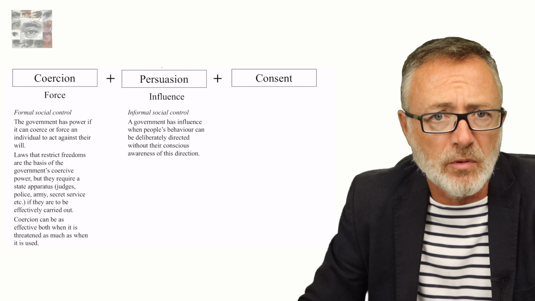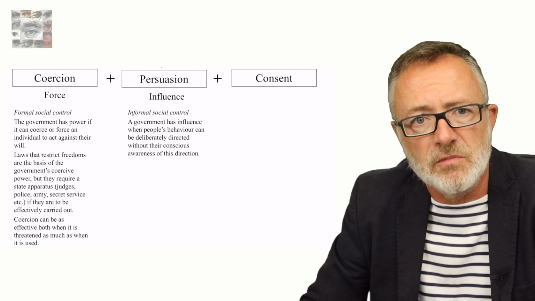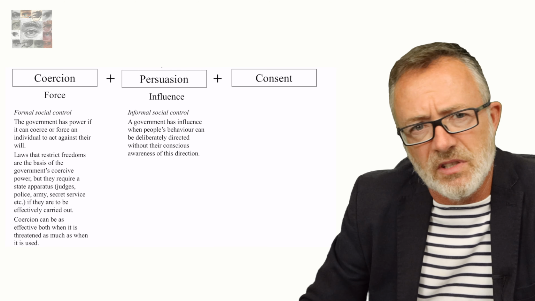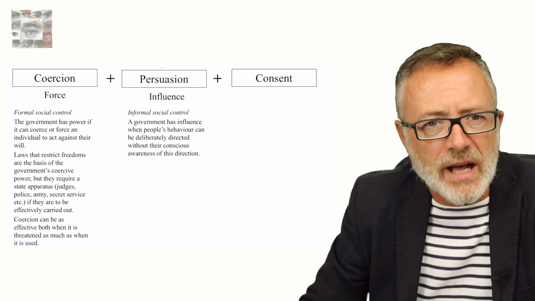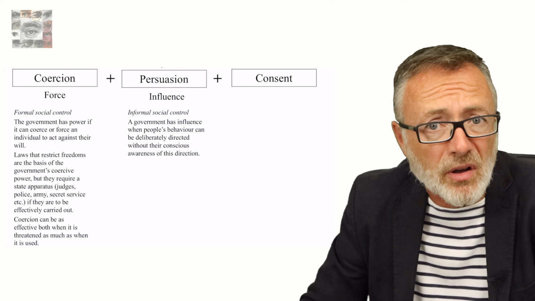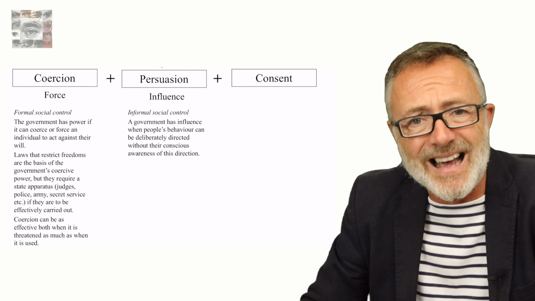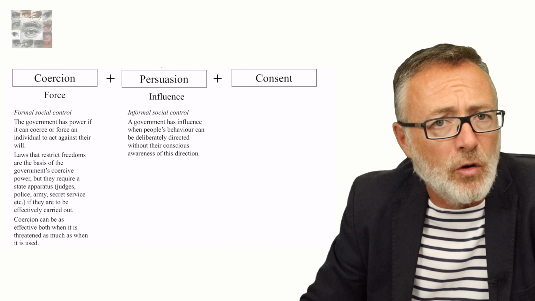This requires the state to have an ability to affect the way people think, to influence what citizens come to value, what citizens come to dislike, and to help define what is considered normal or natural, things that are unchanging. When informal social control is at its most effective, citizens are not even aware they're being manipulated. Citizens believe that the views they hold and the behaviour that results from these views are personal to them, that they've arrived at these views independently. Their views are their own and have not been imposed on them.